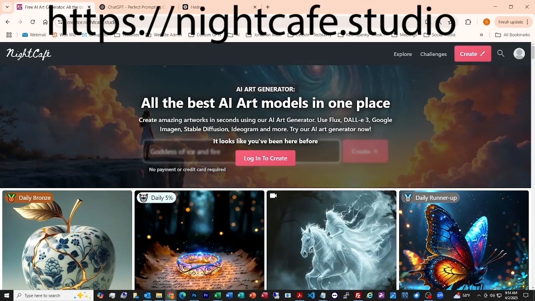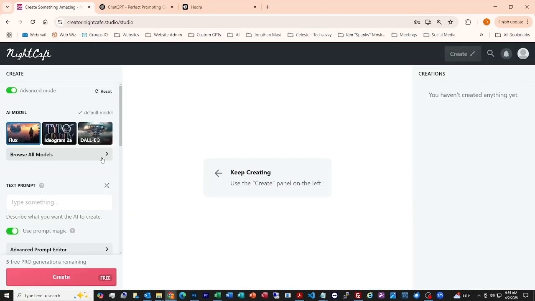When you go to NightCafe Studio, it'll just redirect you over to creator.nightcafe.studio. So you can log in or you can create an account. When you get in the first time, this is what you will see. Over here on the left, it has the create panel, and that's where you can go in and